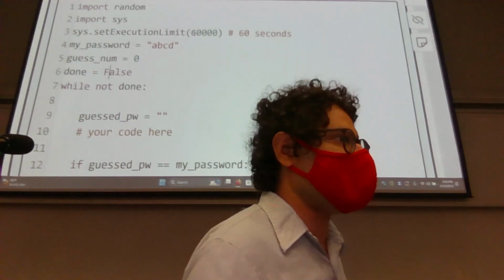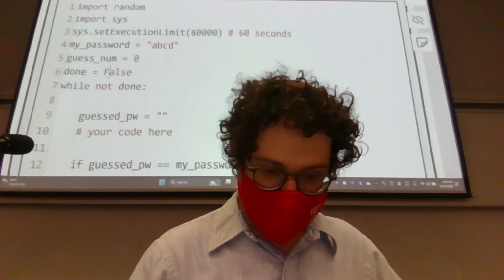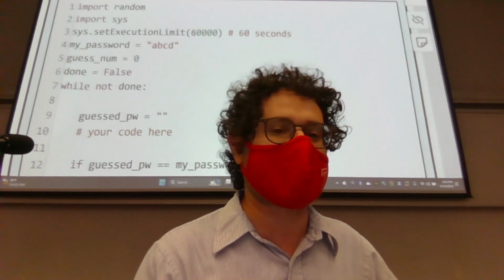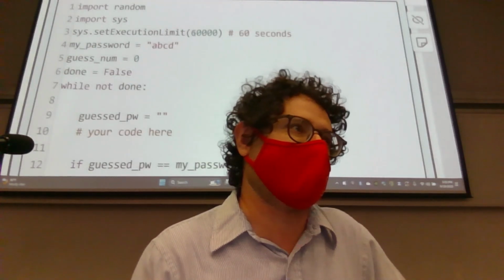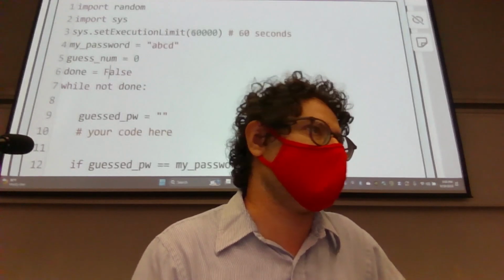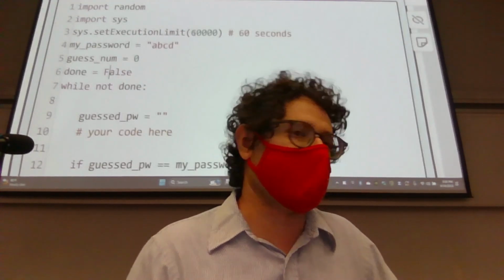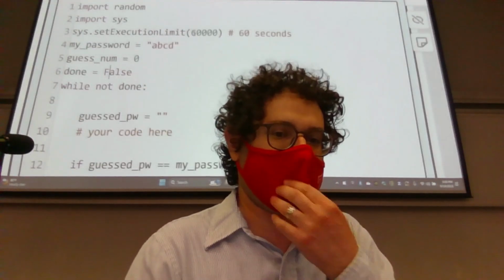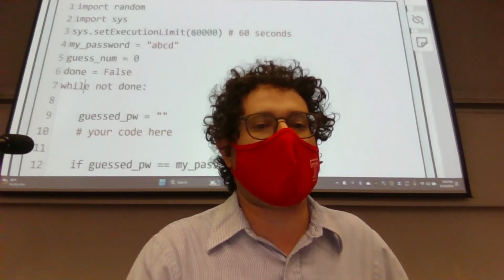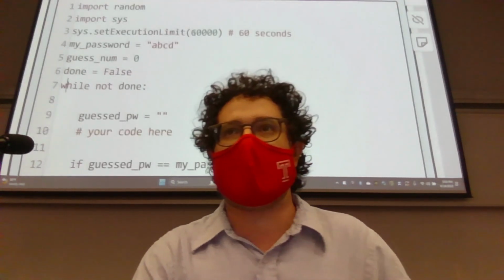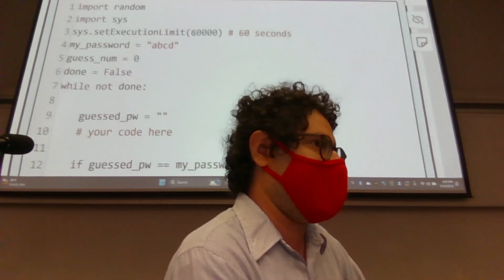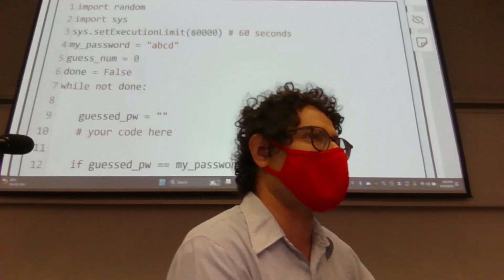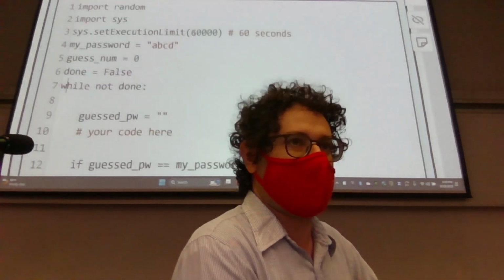So done here is what we call a Boolean variable, meaning it's got 2 values, true or false, right? Here it's false, false being not true. They could easily be 1 or 0 or whatnot. Here's true or false. So it's saying while, and now on line 7 we have an example of the other kind of loop that Python has. It's not a loop you have to concern yourself with for the first exam, but it's the while loop.